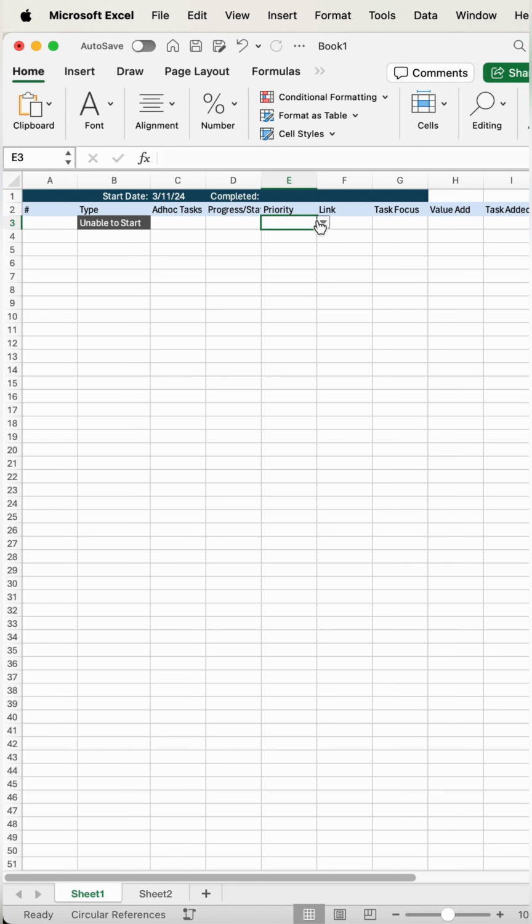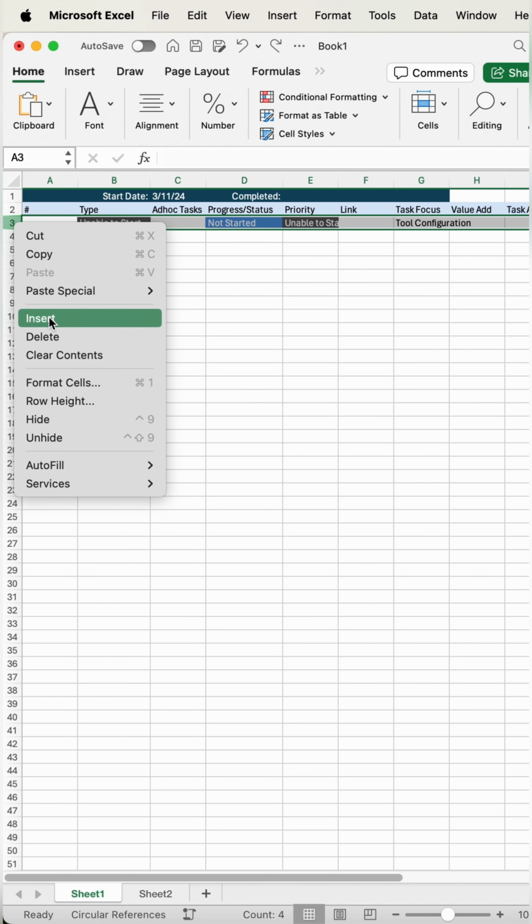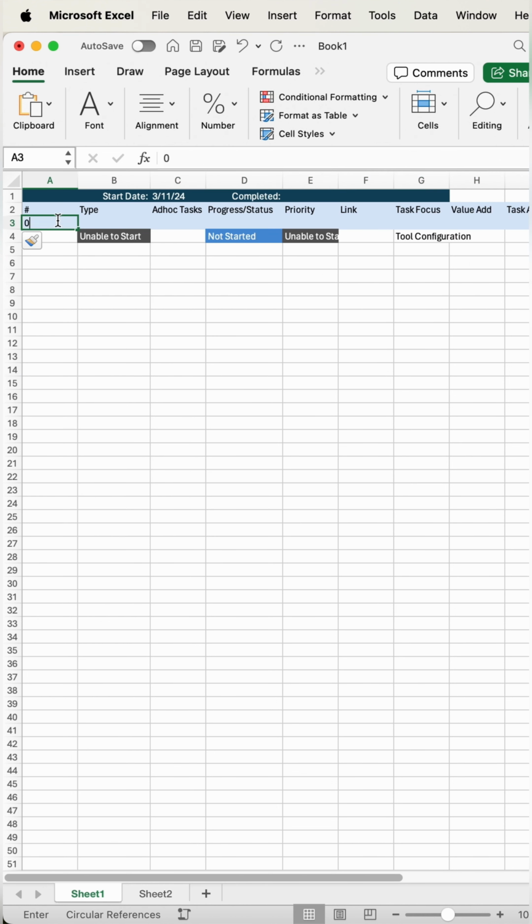And then you're going to do the same exact thing for progress/status, priority. And if you want to do it for task focus, you can. I personally don't. So once you're done, it should look something like this with a different color for each option, with task focus optional. The first thing we'll do is right click on row 3 and insert one row above